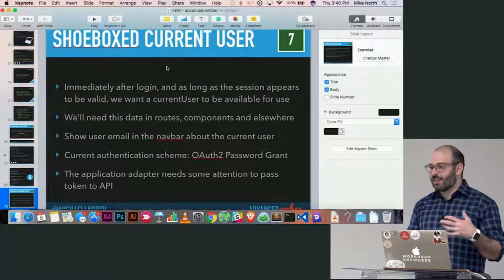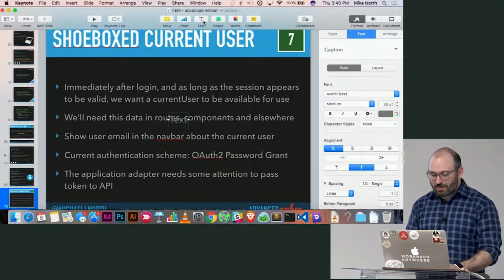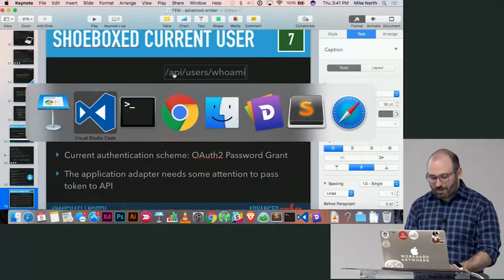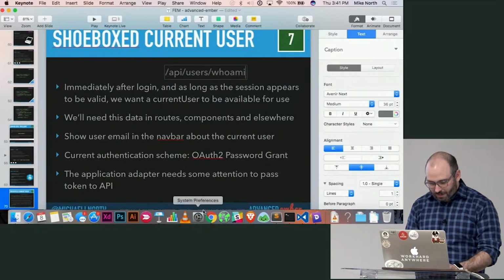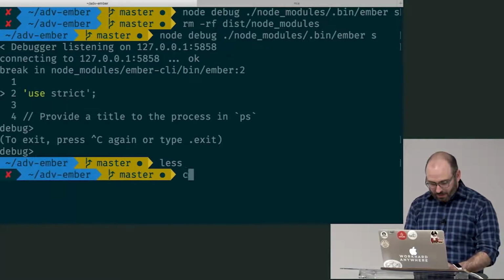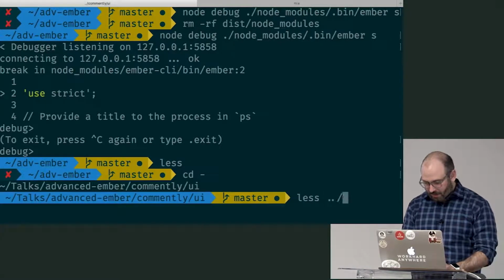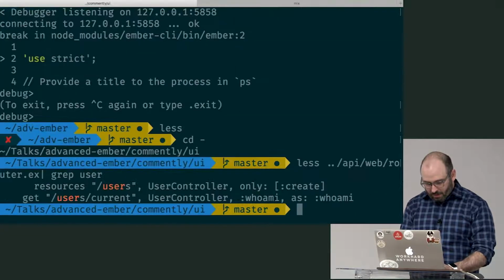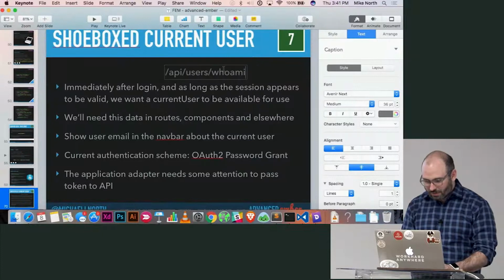You have to fetch the current user from the API and put it somewhere. And here is the API endpoint for the current user. I think it's users who am I. Let me double check real quick. It's users current. Okay, so it's users current